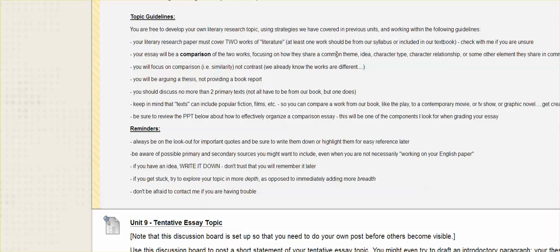And then compare that, as it appears in the play, to something from a film that you know, or a novel that you've read, or a TV episode, or a TV show, a series of episodes, or a piece of music, right? Something that's way outside of our course, and something that's kind of surprising. That's what makes the comparison interesting, is it's not 2 works from our textbook, which is sort of predictable, but